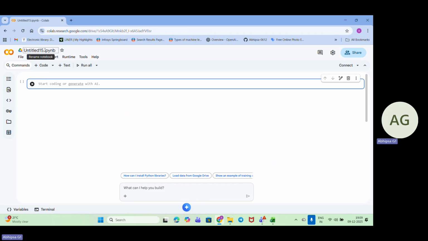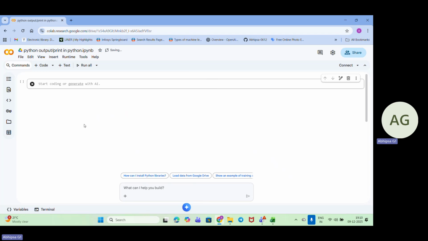We'll give Python output and the print statement as the name. Fine. So we will be seeing Python outputs and print in Python.